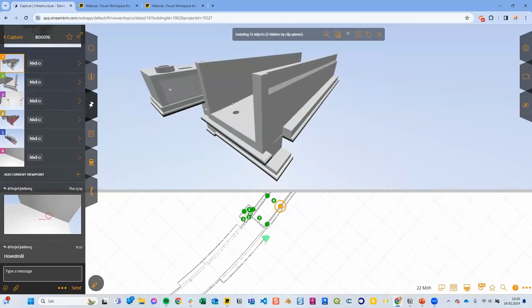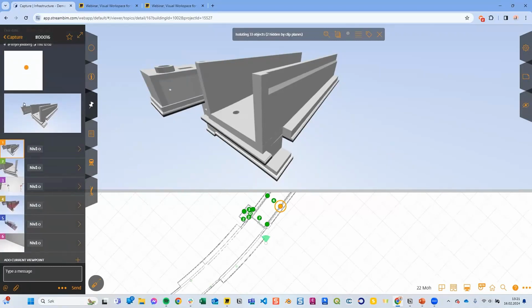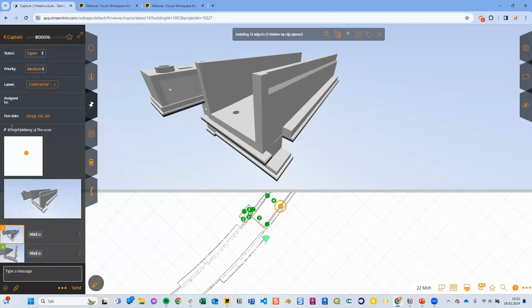Concrete workers in model-based projects need to have the best available data for working on site when they don't have drawings. So you can set this up as you want using the capture module. Here is an overview of the objects in this section where they are going to work, and in here I have several viewpoints attached to it.